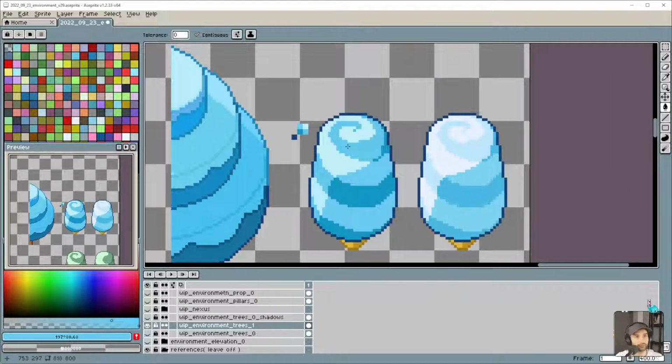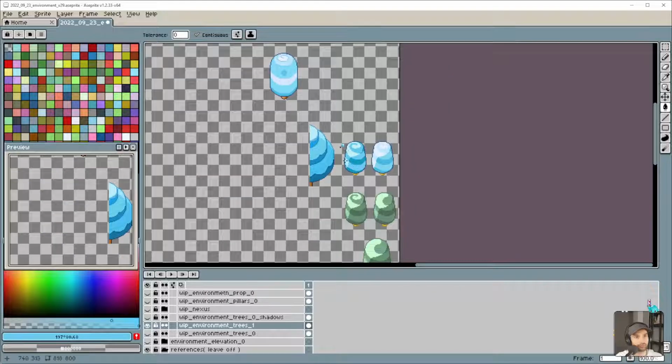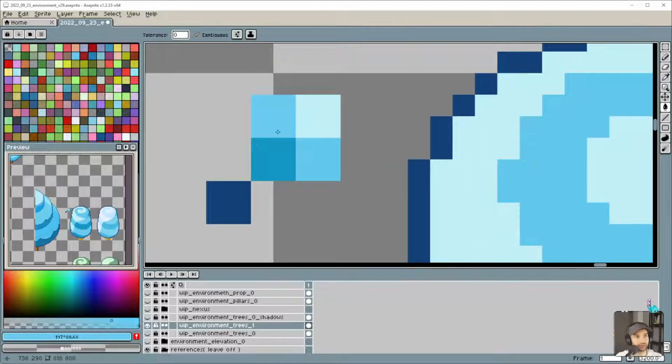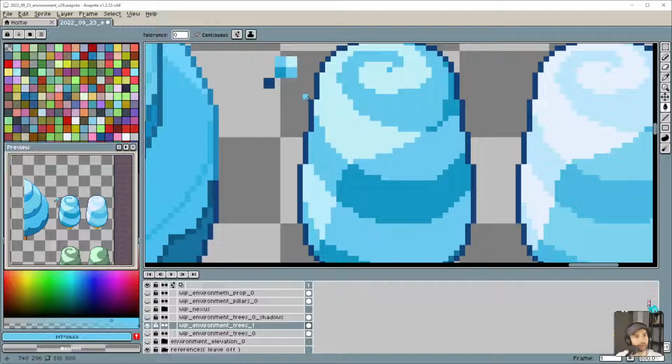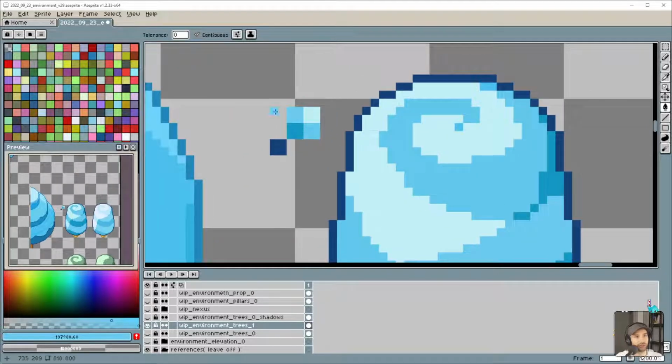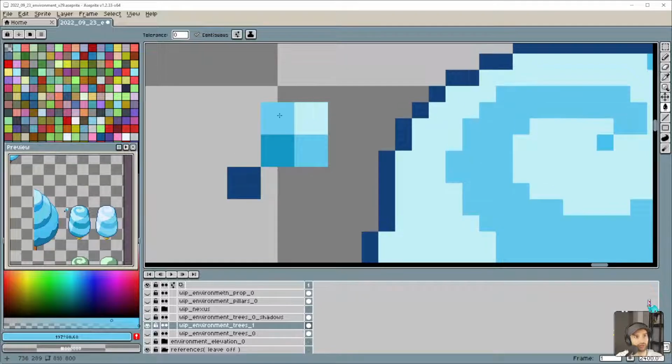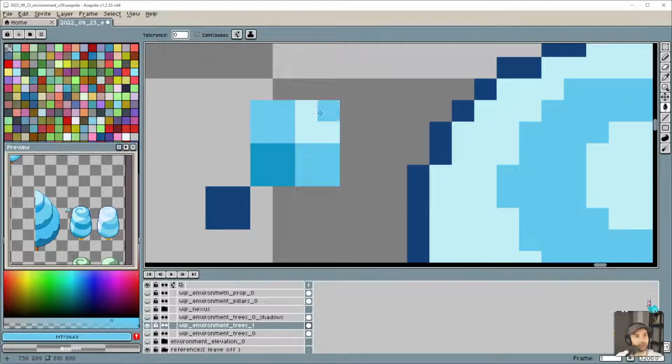Okay. Might be a little bit too much, even though, yeah, it's too much. I keep comparing this one to this one. I'm actually supposed to be comparing these two to each other.